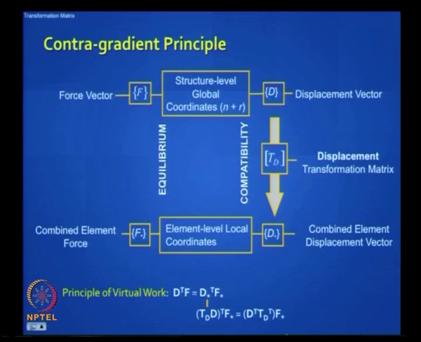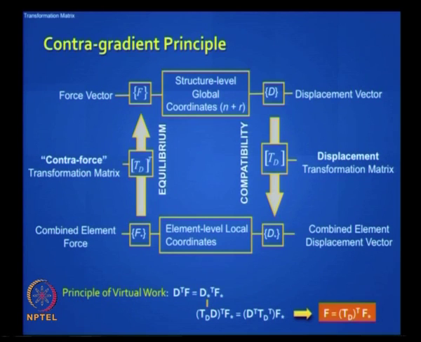Then you keep your eyes open and compare the left hand side with the right hand side, and then you arrive at a simple equation. F is equal to TD transpose F star. So what does this mean? This means that is your relationship. That is a powerful relationship. That means